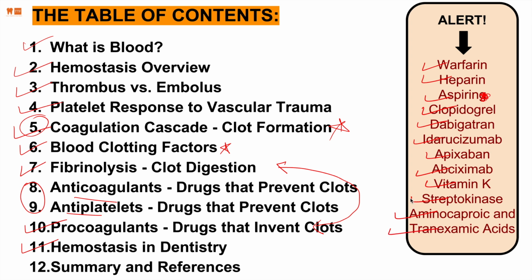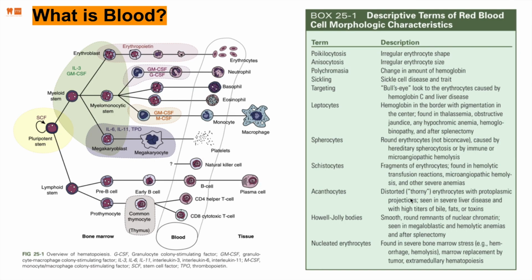I know there are a lot of terminologies in there, but let's take a little dive into the blood. So what is blood? Essentially, there is one stem cell. A pluripotent stem cell is basically a cell that resides in our bodies in certain areas such as the bone marrow, and it turns into either the lymphoid stem or the myeloid stem. These are still both stem cells. If we look at the myeloid, with of course the interleukins and all the other enzymes, ultimately we have something known as